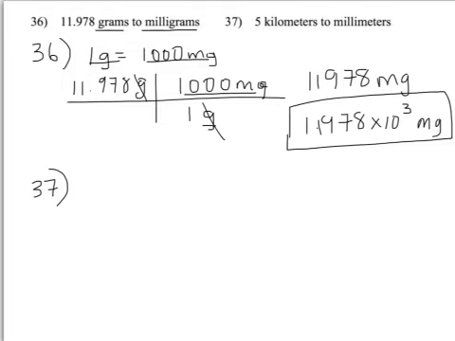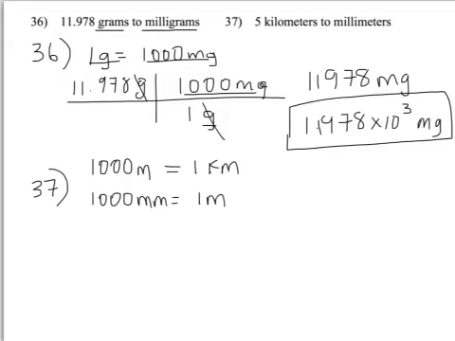we are looking at 5 kilometers to millimeters. So for this one, it would be easier to take it incrementally. We'll start out with kilometers. We know that there are 1,000 meters in every kilometer. And we know that there are 1,000 millimeters in every meter. So knowing that, we can start our table. We say 5 kilometers,